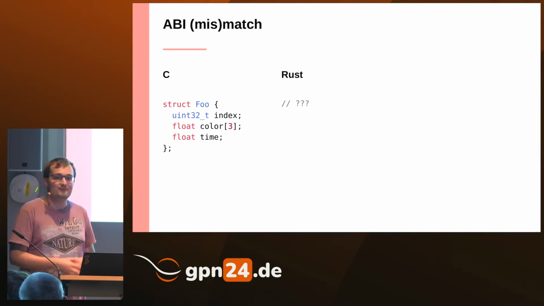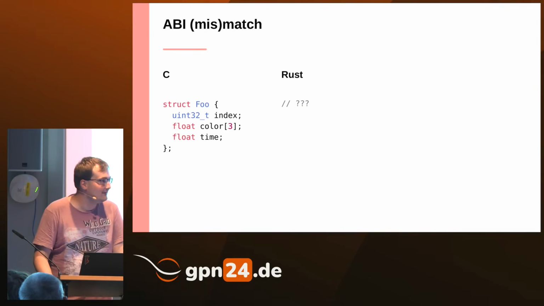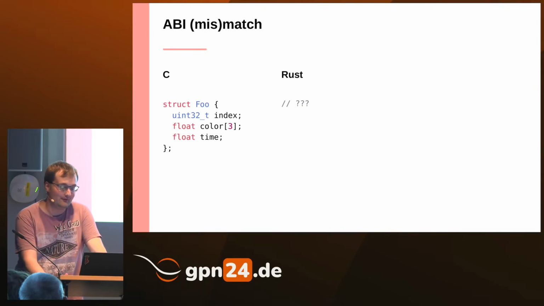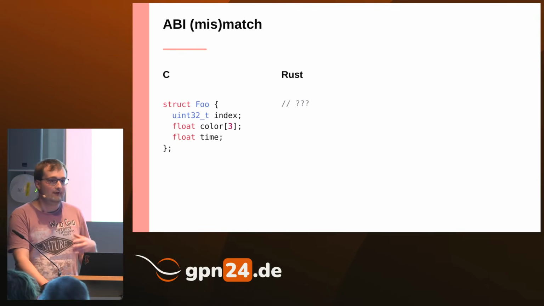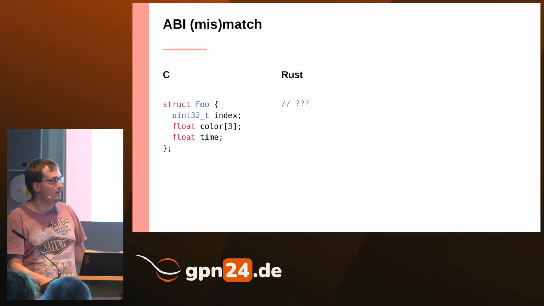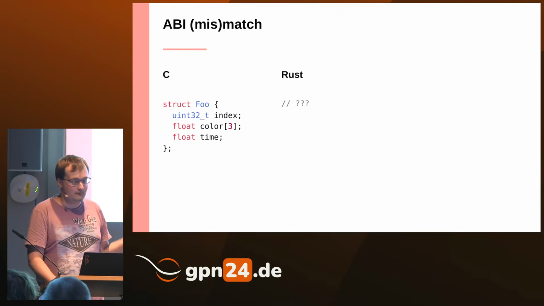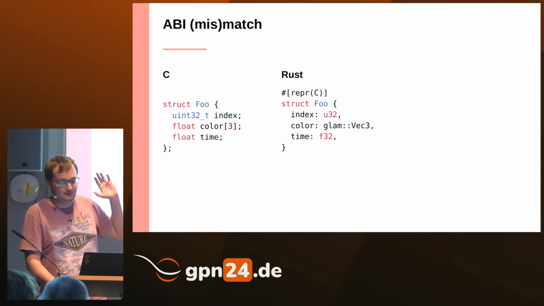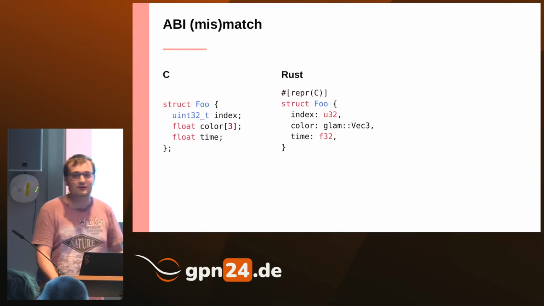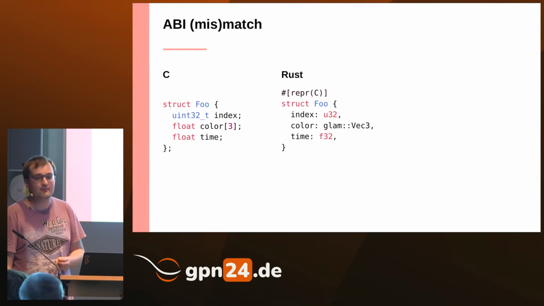Now, why would we want to have both of them in Rust? Well, because what you get a lot in graphics programming, which is probably the most annoying error, is API mismatches. What I mean by that is, if you have to share types between C and Rust, like you see the struct in C, and most of you who have done anything in Rust will probably be able to write the struct in Rust, right? Most of the time it's just a one-to-one copy. You change a few things around, use different data types, but they are effectively the same,